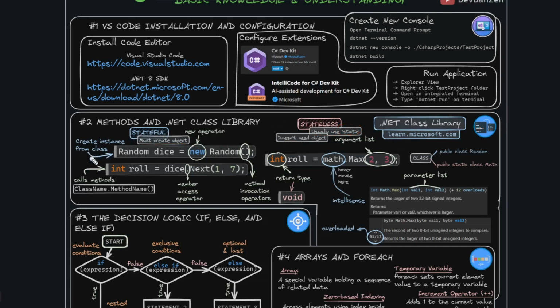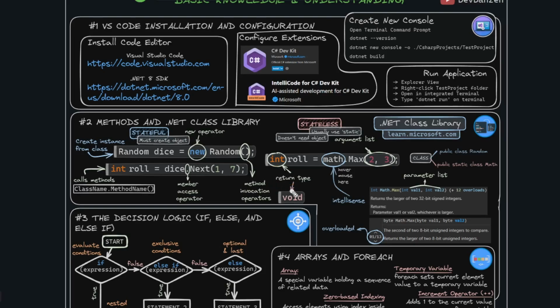This is basically how you can create an instance from a class: start with Random as the class, dice as a new object created, assigned with the new operator, and Random with the method invocation operator. Now, how can you actually call a method? Here's the way: dice as an object, dot as the member access operator, then you can put any method within the Random class, like Next. Now, we will see on the right side here, int as the return type,